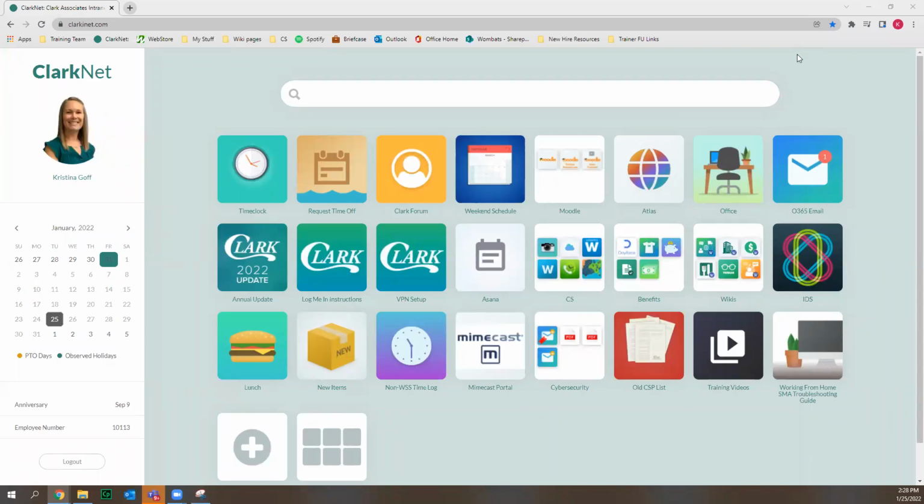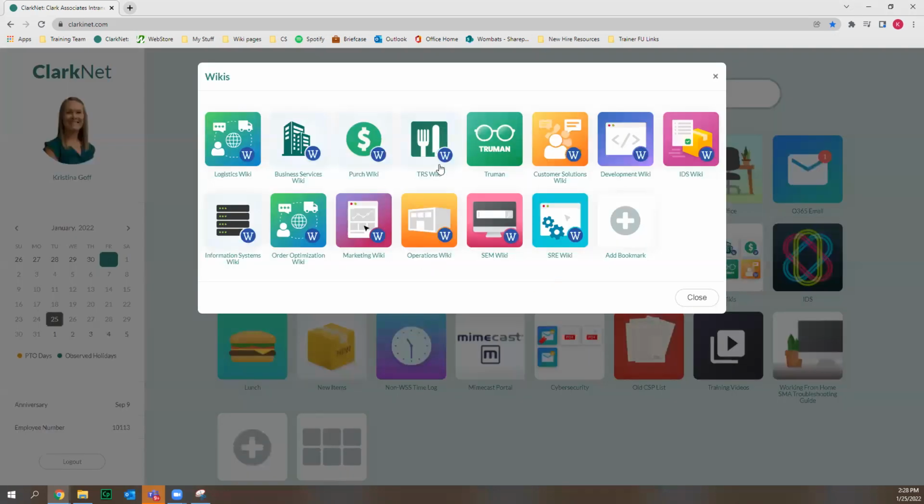All right, let's look at how to find the wiki. So once you get onto ClarkNet, no matter which department you work for, we all have the wikis tile here that you can click on, and it will show you all the different kinds of wikis that we have within